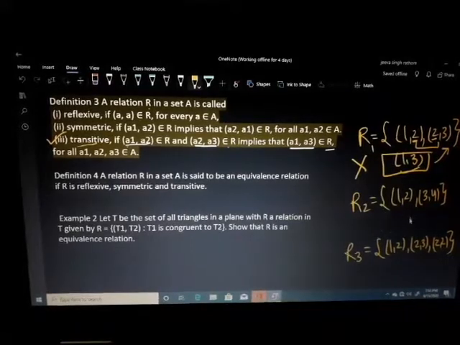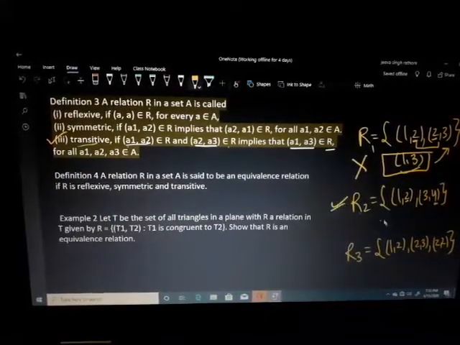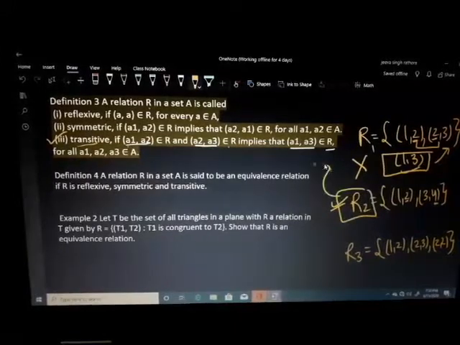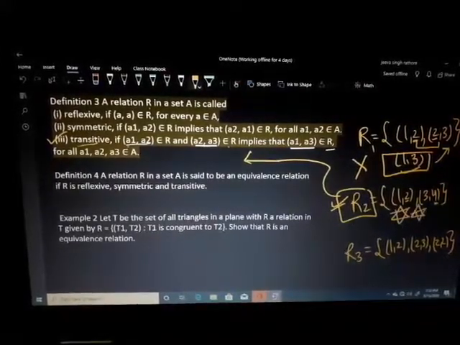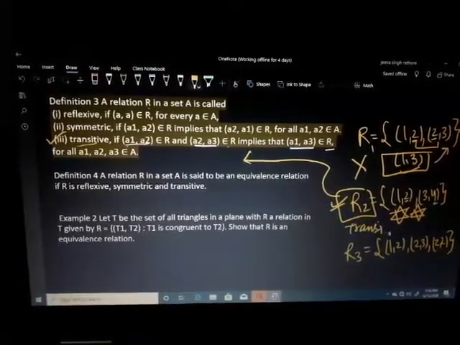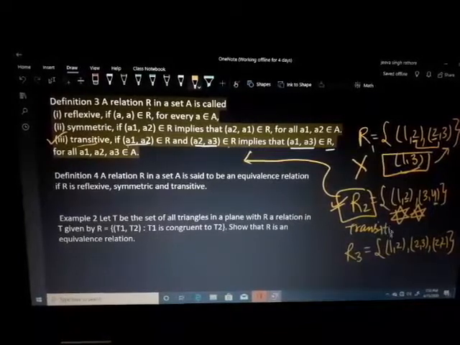Next one, is this transitive or not? You will see the second part is not here and 4 is not here. That's why by default this relation is known as a transitive relation. Note down, this is also a transitive relation. If no ordered pair is possible, then you can say this is a transitive relation.